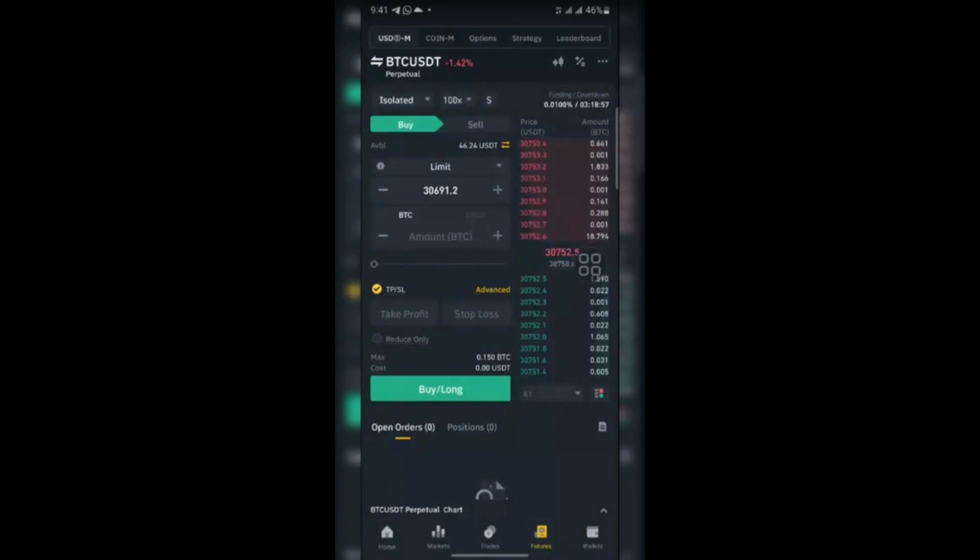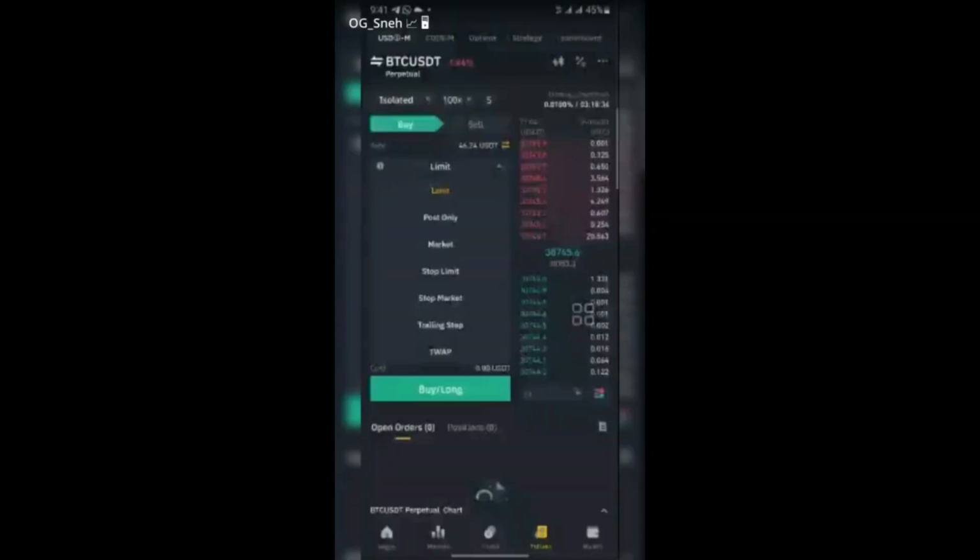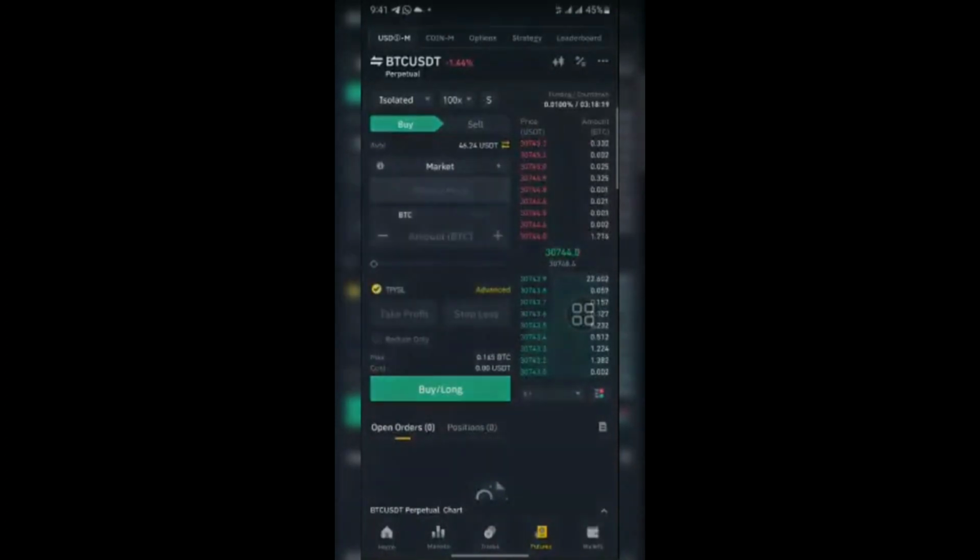So in this drop-down menu, what you are concerned about is what? Limit and market. Others, nothing concerns you about that. Now, how do you know if it's limit I'm supposed to use, or market? If they give you a signal and the price has not gotten to where they ask you to long or short, you leave it on limit. But if they say, enter this particular signal at CMP, that is current market price, you just click on market. You understand? So you just click on market.